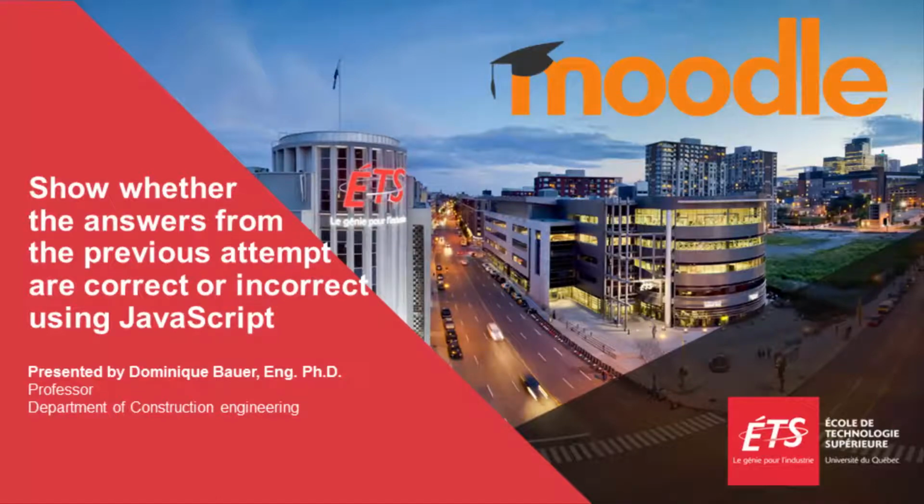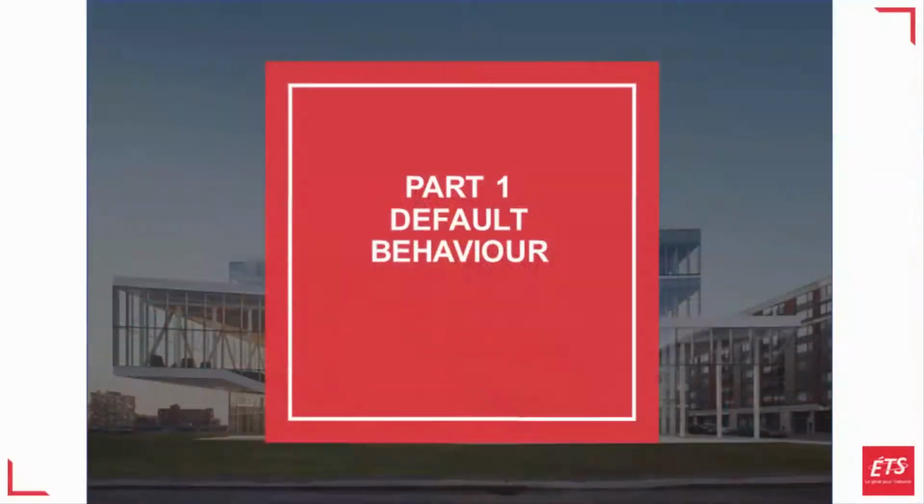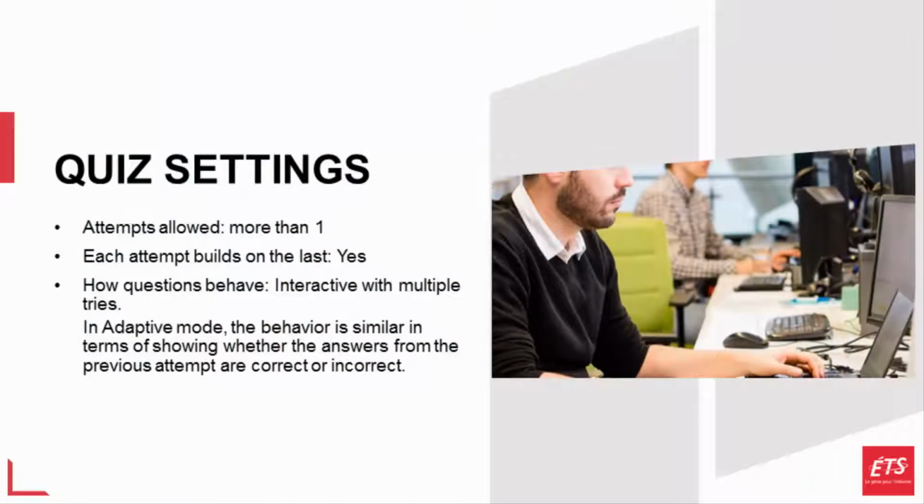Show whether the answers from the previous attempt are correct or incorrect using JavaScript. Part 1. Default behavior. We'll consider a quiz with 3 questions. The quiz settings: attempts allowed more than 1. Each attempt builds on the last: yes, and how questions behave: